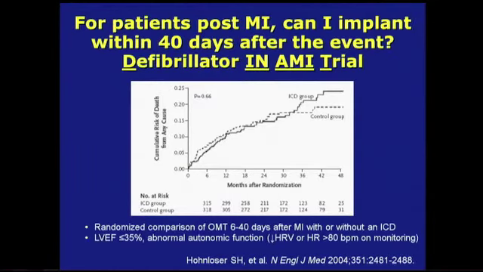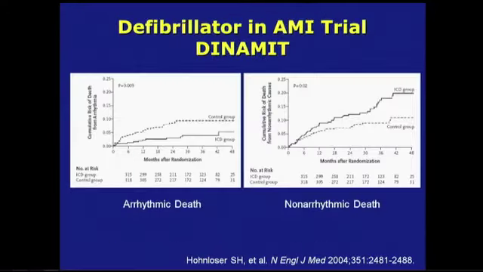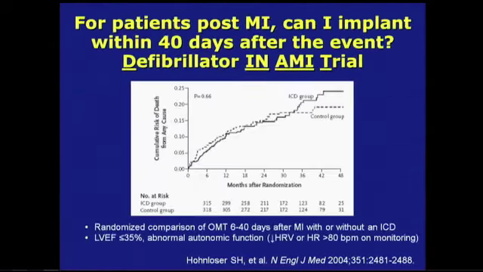And the take-home message of that is that even with a waiting period of 1 to 3 months, you still don't get benefit from a defibrillator if you wait for a bit. Well, because there was a question about what to do in the waiting periods, a study was done in Germany called the Dynamite trial, which Stefan Hanloser was the PI for, and it showed that early implantation of an ICD within 6 to 40 days after infarction